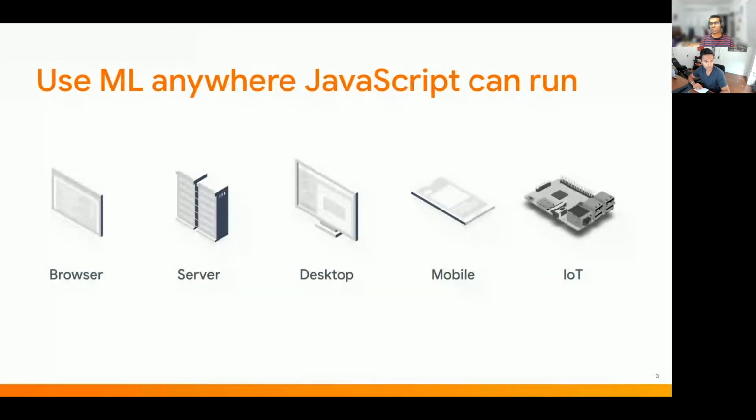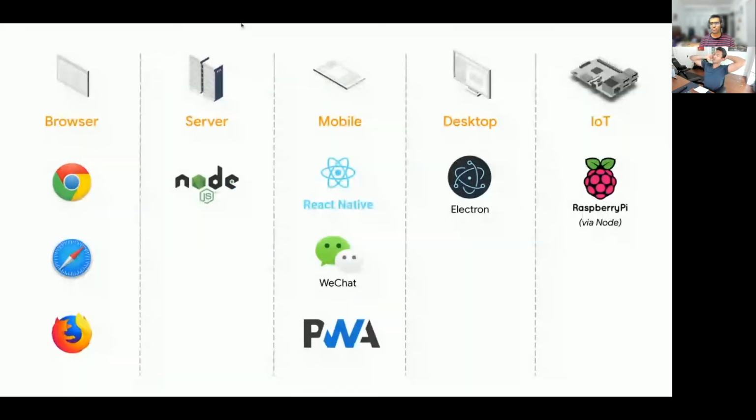First, I would like to highlight some of the great points that come with JavaScript, right? JavaScript is a very versatile language. It can run on the browser, on the server side, on desktop, on mobile devices, and on IoT devices, and we'll explore some of those different platforms. For instance, on browsers, JavaScript is supported on all the modern web browsers. While on the server side, you can use JavaScript with Node.js, which is a backend framework with which you can actually create backend